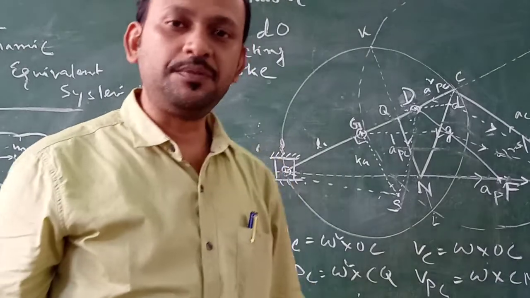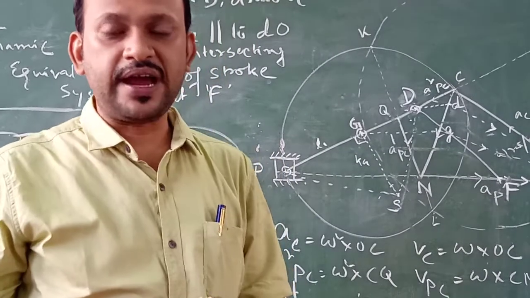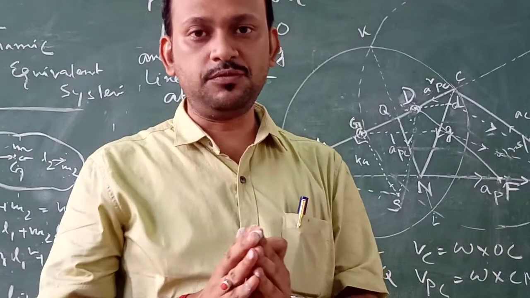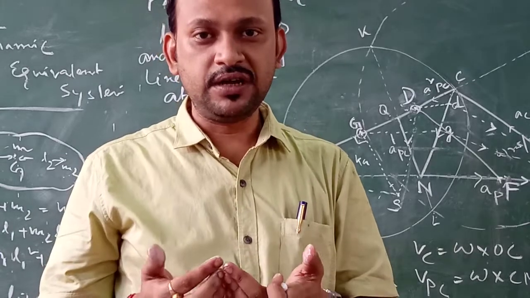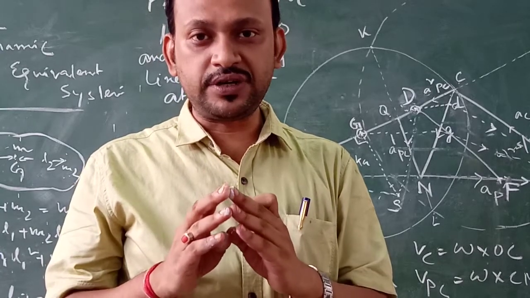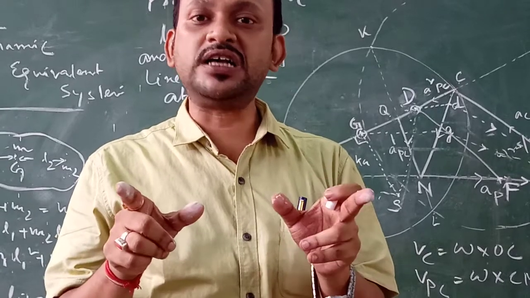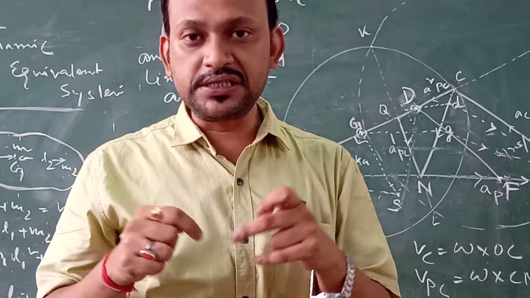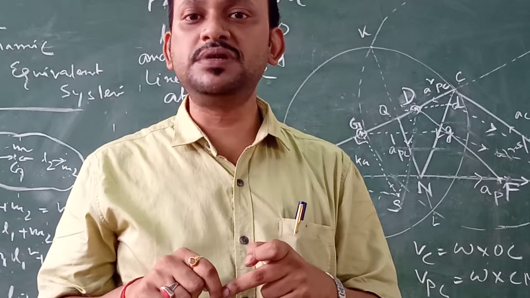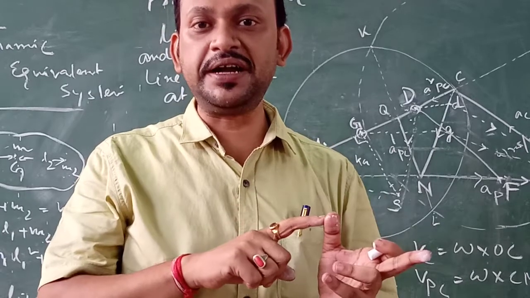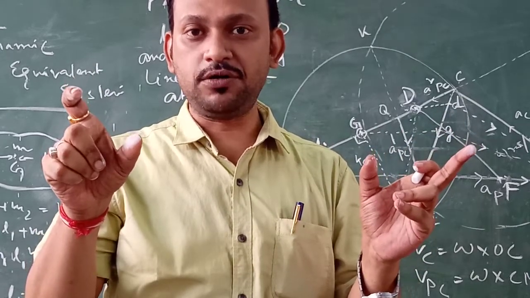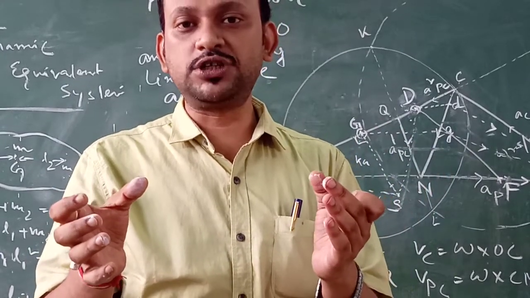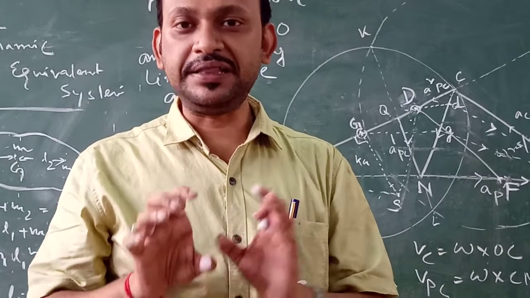So why am I talking about this impression? When you are analyzing two separate things, one having translational motion and another having rotational motion, and you want both of them to create the same effect, then you have to transfer both of them from different platforms to a single platform. So what is that single platform? The single platform is the line of stroke. I am converting both the motions into a common motion, or finding the replica of both the motions into a common motion, and that is along the line of stroke.